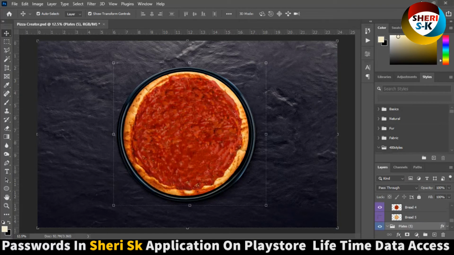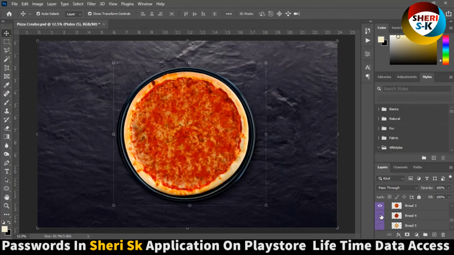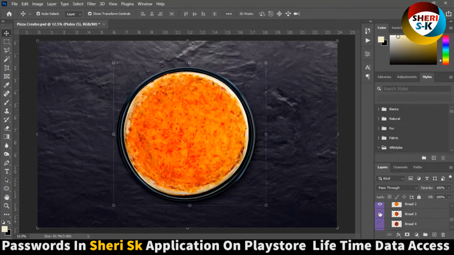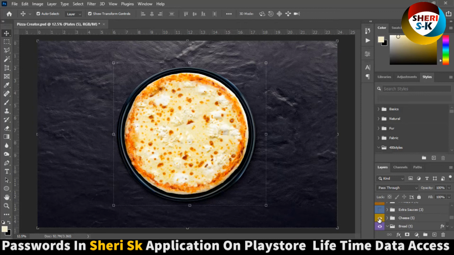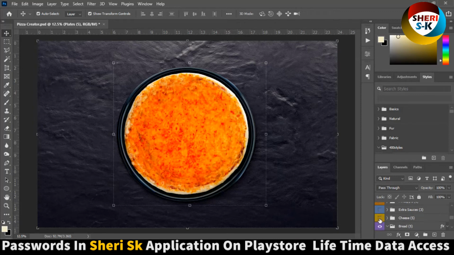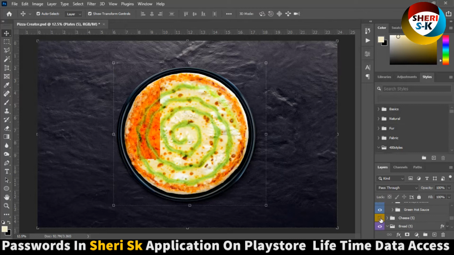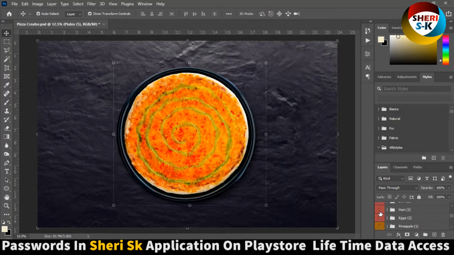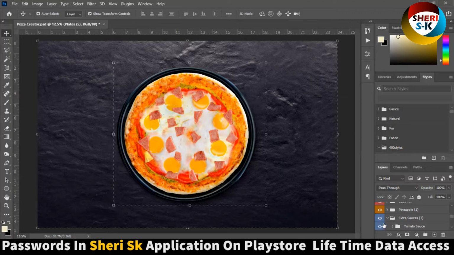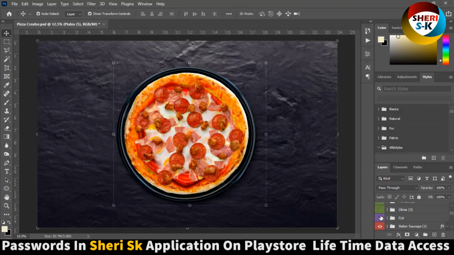Wow, you see bread, amazing. Wow. And next is, what is this? Oh, that means you can make your own full pizza. So I tell you just an example. You can make